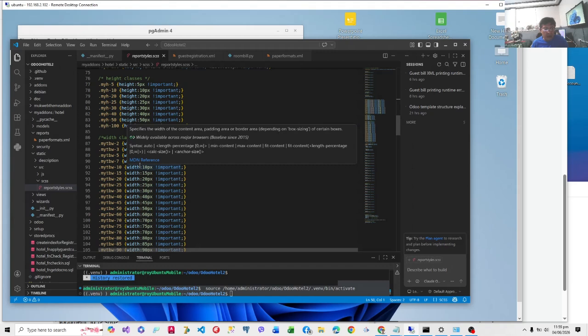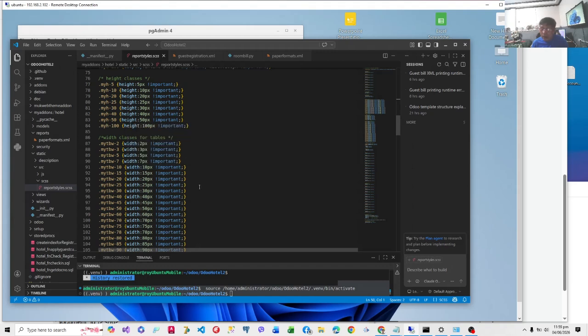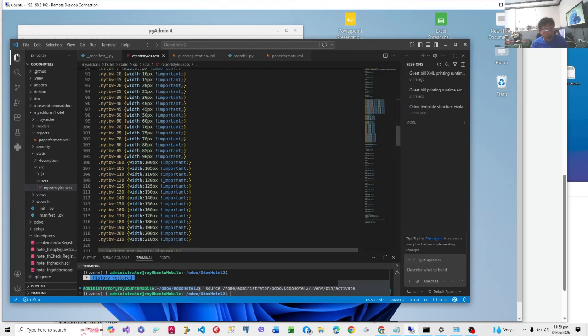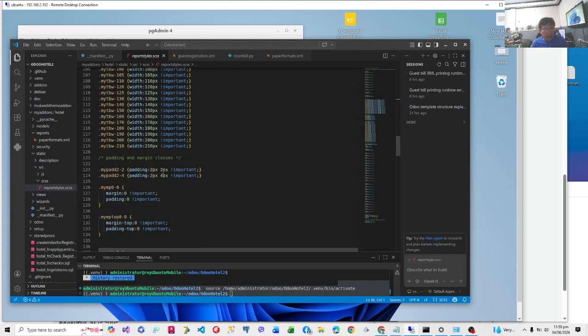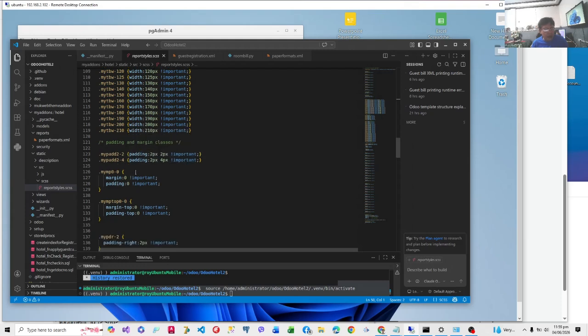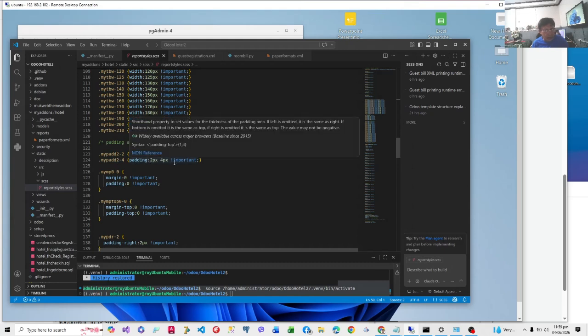Now, table cells should not be inline block, so therefore we just specify the width. Table width should not be inline block. We have our padding, and then we have our default margins and paddings. When we say pad 2, 4, 2, 2, the left padding is 2, the right padding is 2. Pad 2, 4: the left is 2, the right is 4.